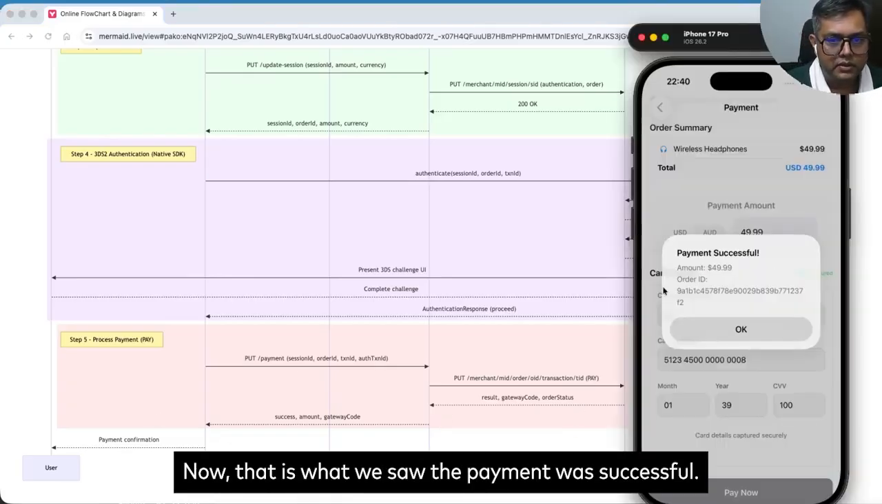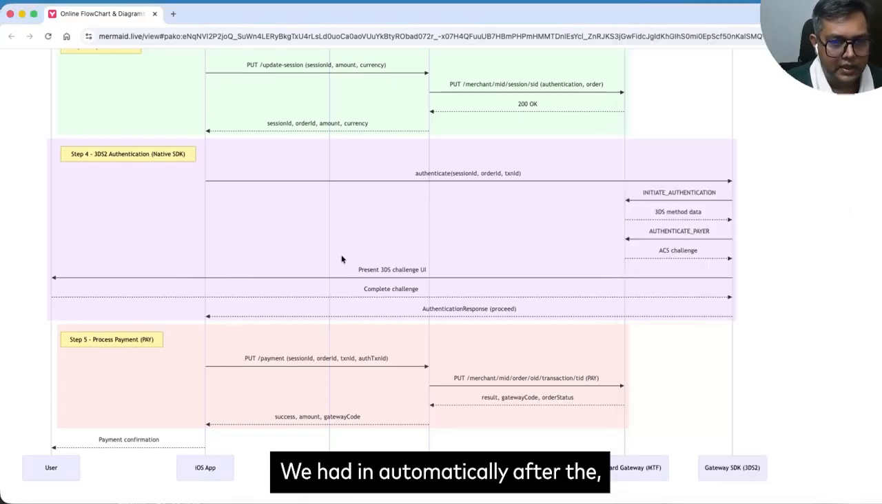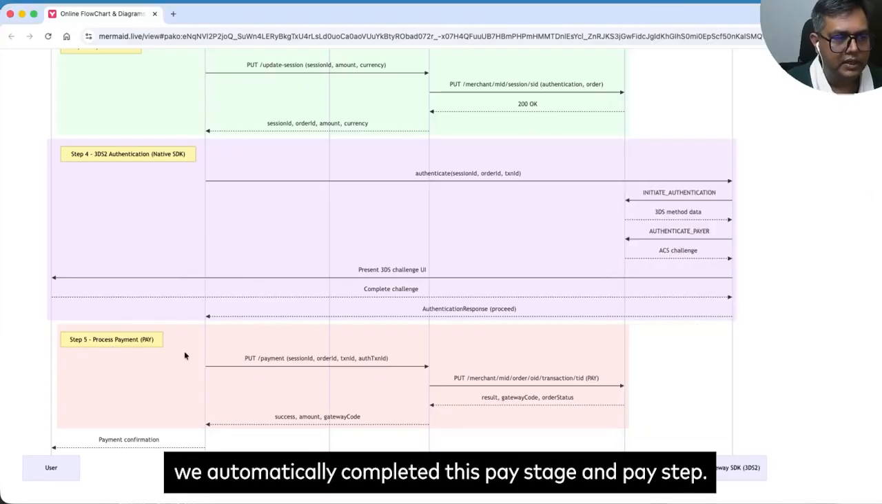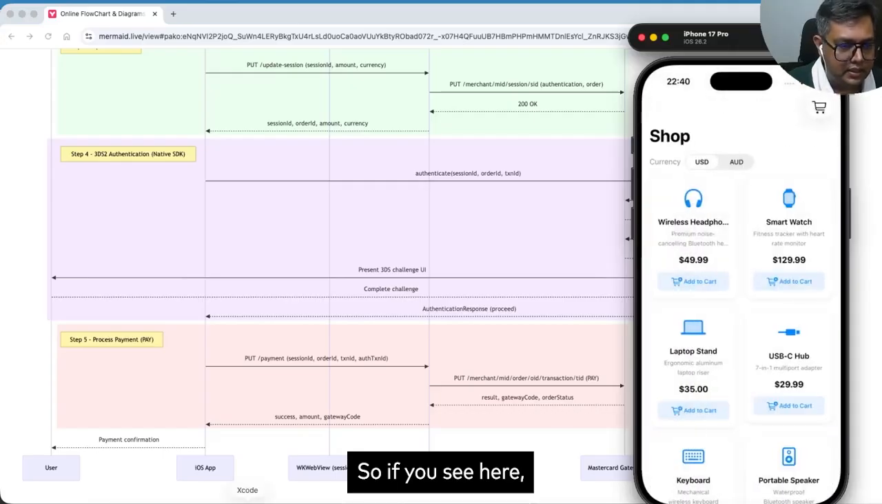Now that's what we saw. The payment was successful. We automatically, after the initiate authentication and authenticate payer was completed, completed the pay stage and pay steps. So the payment was successful. So if you see here,